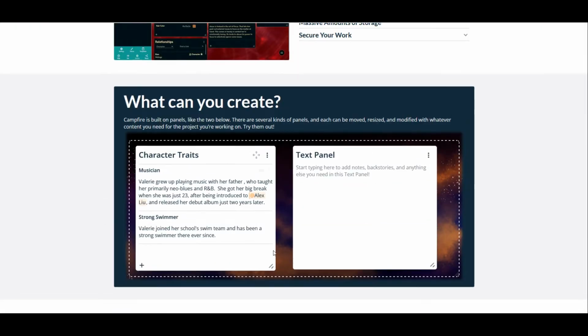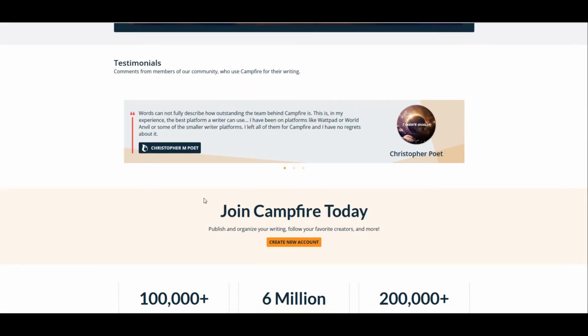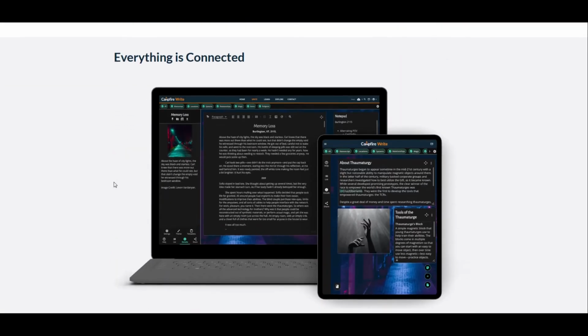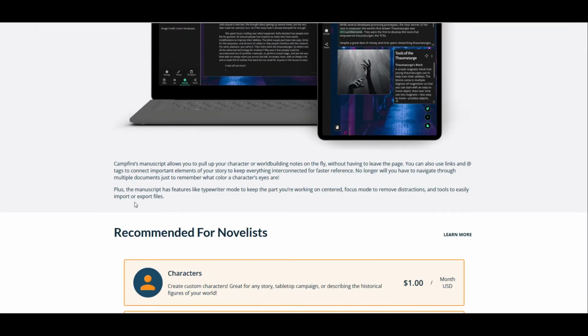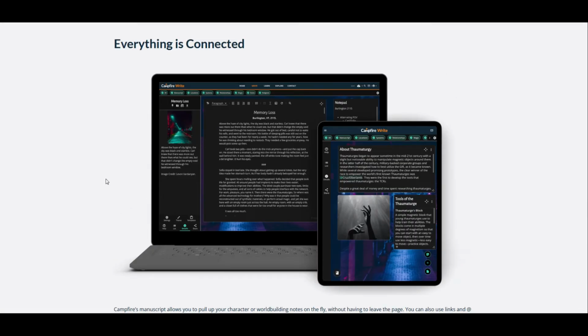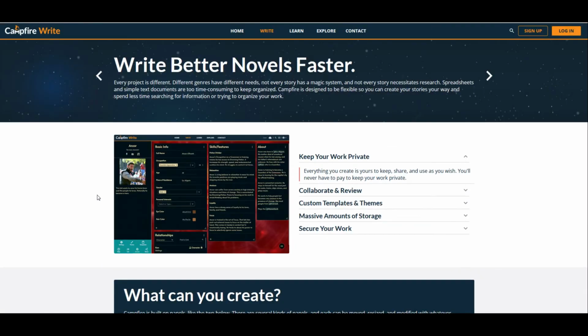This is an example of what the panels look like when you build them. Now, in my test from a couple years ago, I did go through most of the modules that were available for beta. And a lot of them, I mean, they've improved significantly, but the character designer was the one I was most impressed with, even beyond what Campfire Pro did, because it gave you at least 50 different character types you can develop.